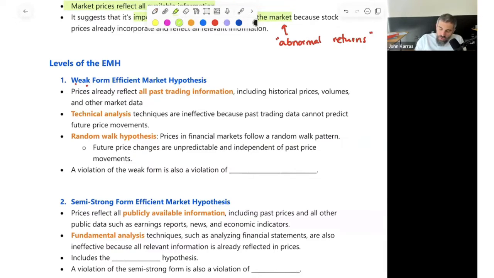There's what we call historical information, right? Historical prices or past trading information. These two things mean the same thing, by the way. Okay. This refers to the stock price in the past. So looking at the price yesterday, what was the stock worth yesterday? What was the stock last year? What did the stock do last month? Did it go up last month? Did it go down last month? Whenever you're looking at what the stock price has done in the past, we call that historical price information. That is the lowest form of information.